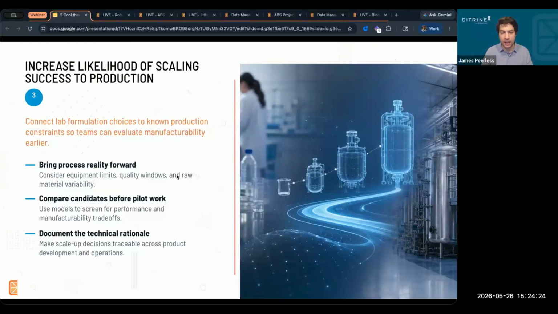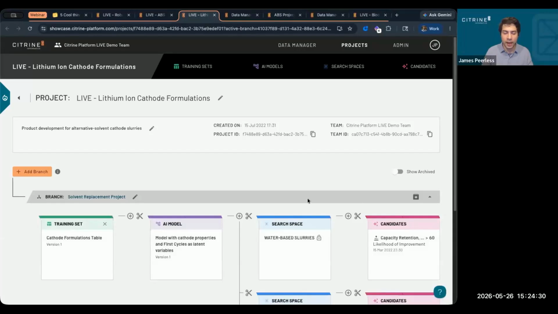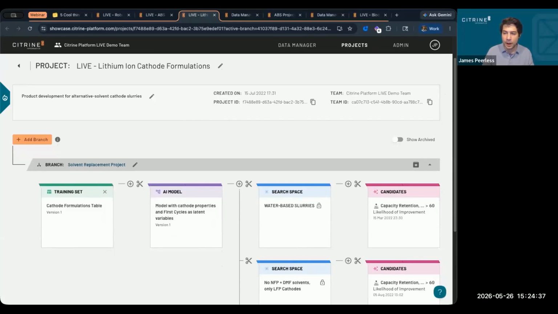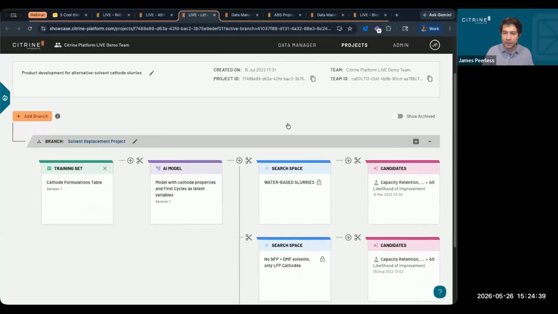One of the projects that I wanted to highlight specifically with this is a project around lithium ion cathode formulations. When it comes to scale up, we may not have the background of data on the specific thing that we're trying to scale up. So we have to take the hints from what we've learned at the bench scale in order to do that scale up